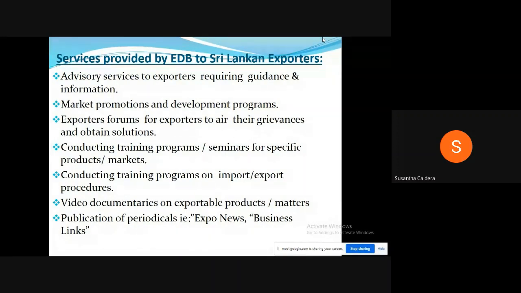The other people who, what do you call this, exporters market promotions and development programs. First, they do the advice to exporters, require